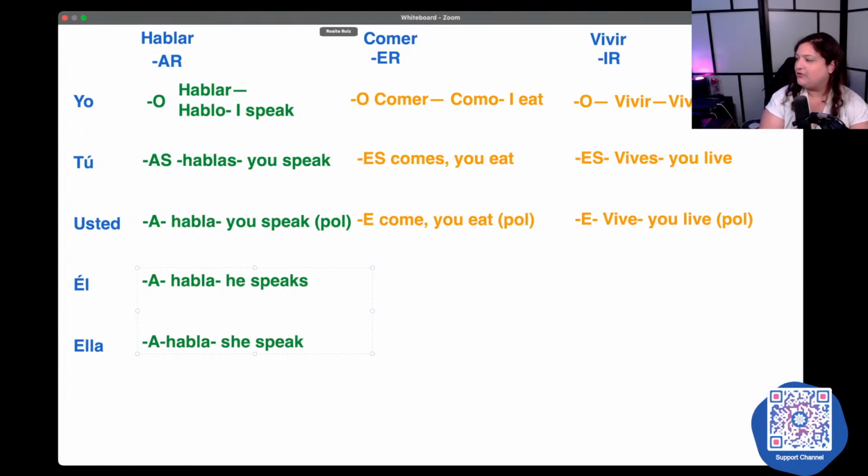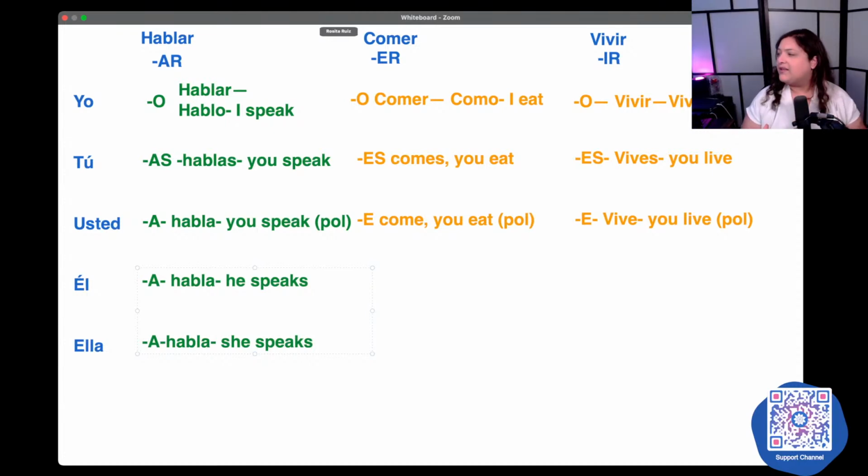How will I be able to know if we're using usted, él, and ella if they are sharing the same ending? Context. If I'm looking at you, I'm like, perdón, ¿habla inglés? Well, I'm using the usted form because I'm talking directly to you. And I'm being polite. I'm using the polite version because we are either strangers or acquaintances for most of you guys.